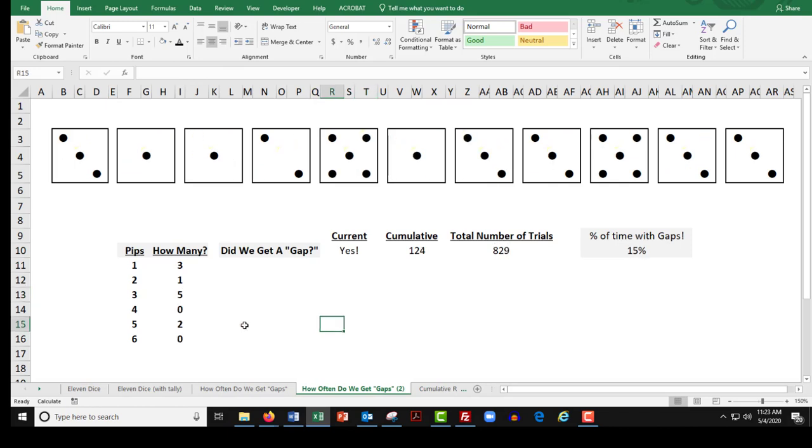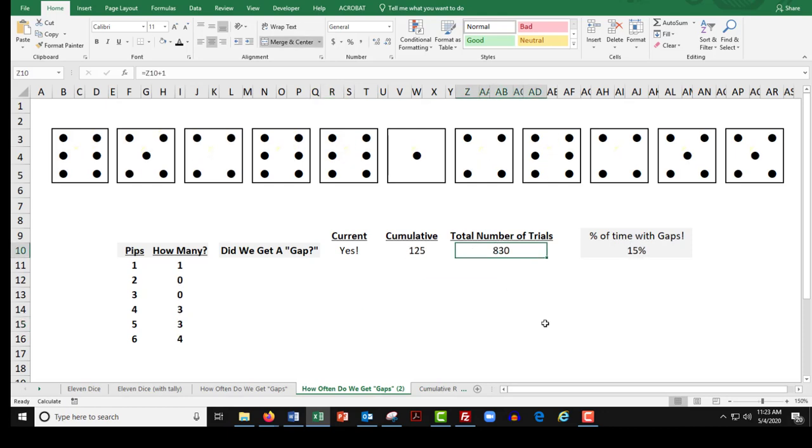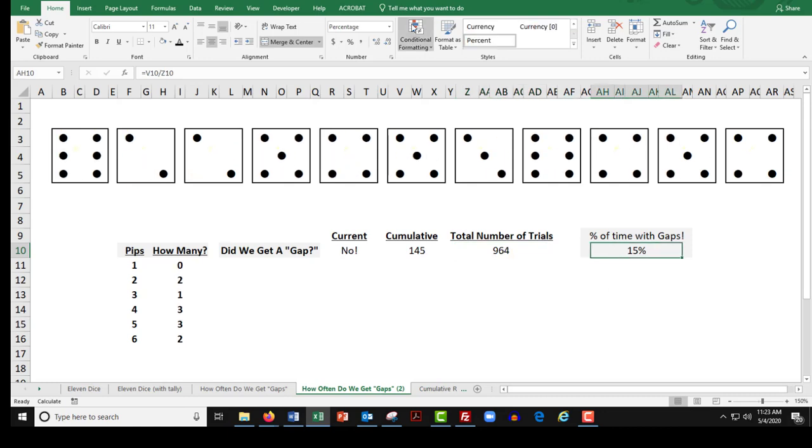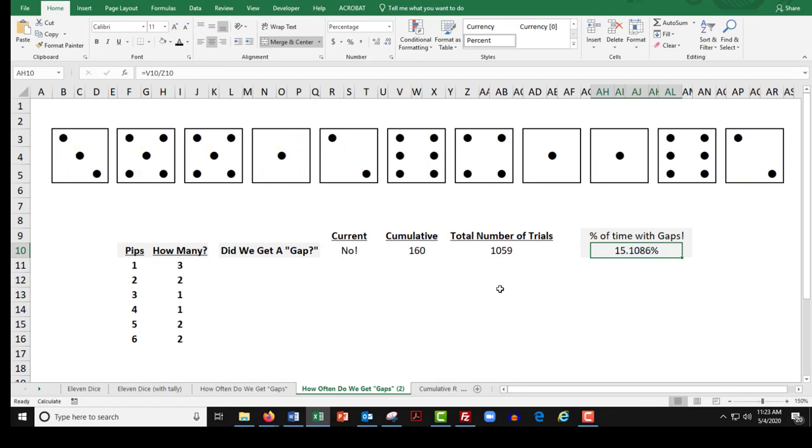What randomness can have is an underlying behavior that becomes obvious with more and more and more trials. So the more I hold down this F9 button, the better the data I'm getting. And just so you know, this data over here is not stabilized. Those percentages are changing. They're just not changing a whole lot at this point. The big takeaway here is, if you were surprised when I rolled my original 11 dice and got 2 numbers not show up, no 6s and no 4s, what this tells you is there was a pretty decent chance that that was going to happen.